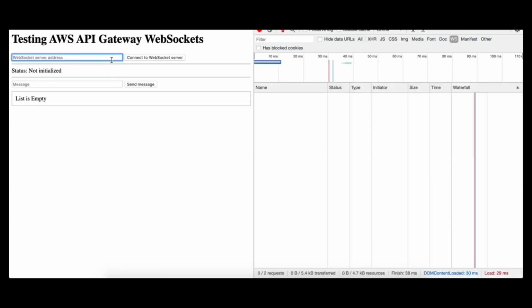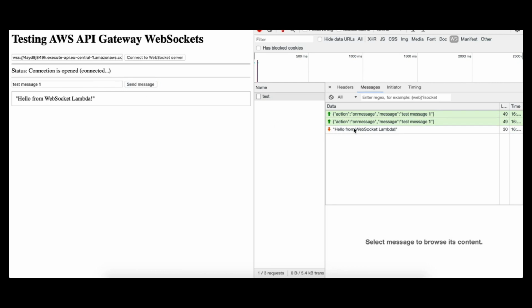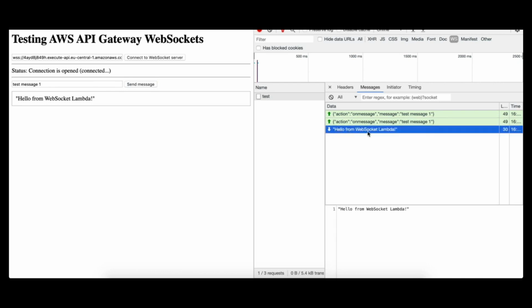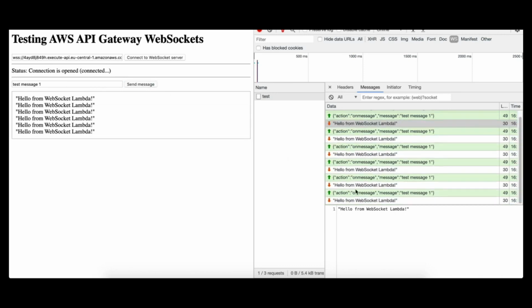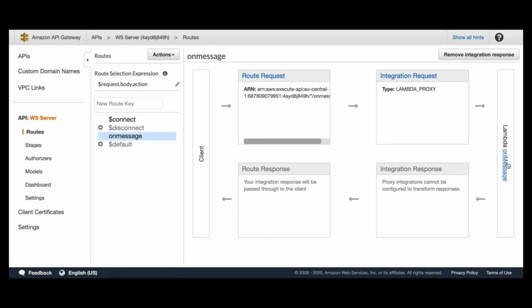Refresh the page, connect again, test message 1, send a message. Again, it takes a couple of seconds to redeploy this application, and send it again, and you can see there's hello from WebSocket Lambda, which is our Lambda function. So every time you send a message, the Lambda will reply back with this response, and this response is coming back because of our forcibly attached integration response. So that's pretty much it, and in the next video we'll upgrade this WebSocket